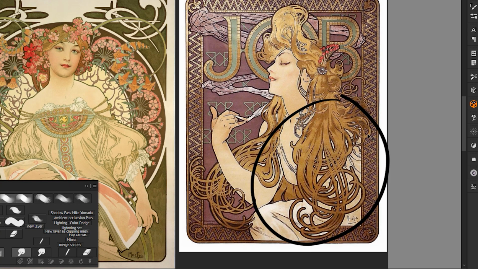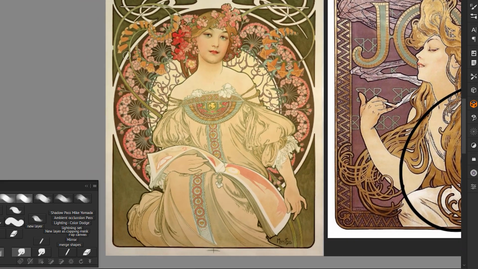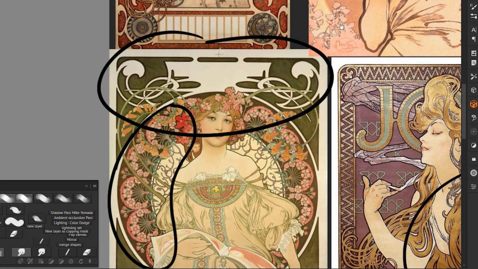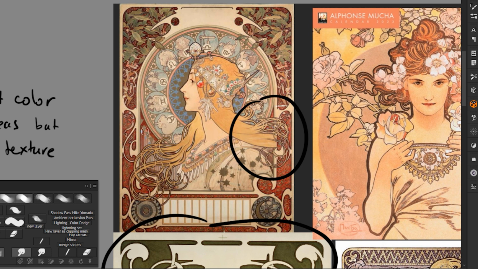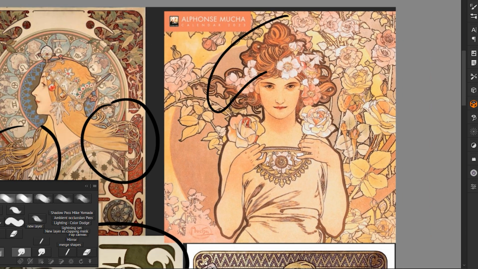One of his signature shape language is these beautiful curves and flowy lines that are so memorable in Art Nouveau style. He was one to bring this aesthetic to the masses and cement it in our art history.